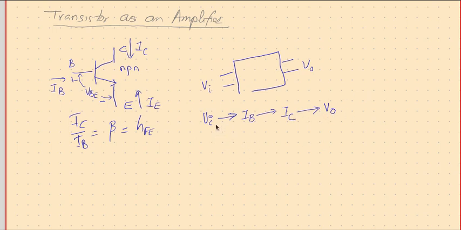So how can voltage be converted into current? Yes, definitely through R. How can current be converted into voltage? Yes, definitely through R. How is current converted into current, small current into large current? Yes, that is your transistor. So the overall logic could be